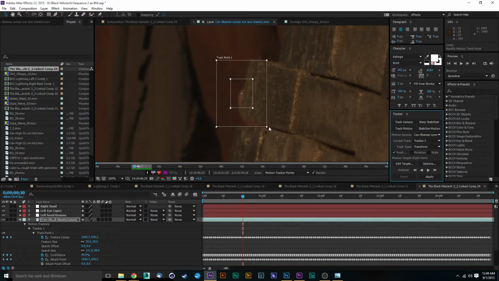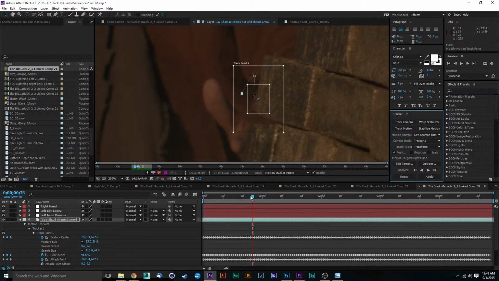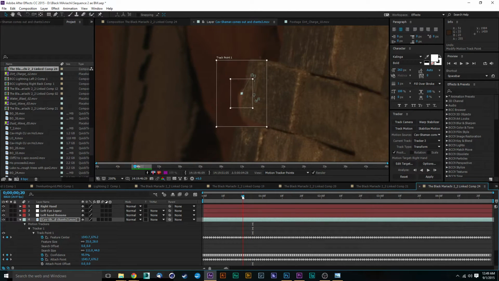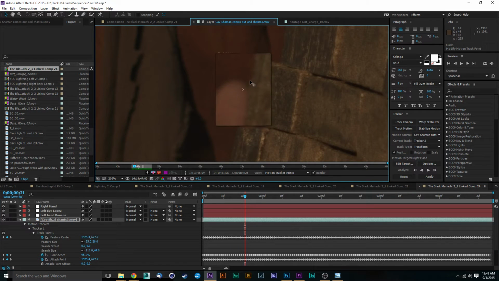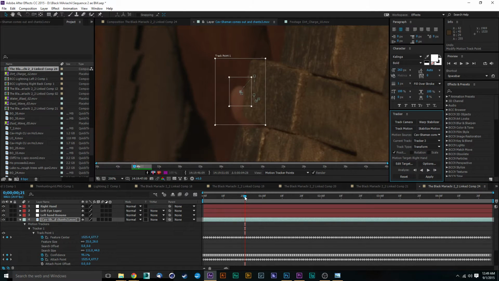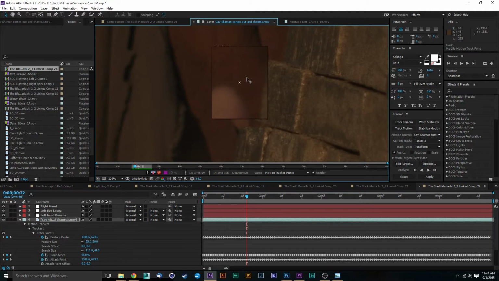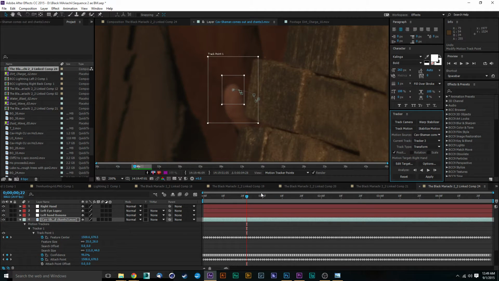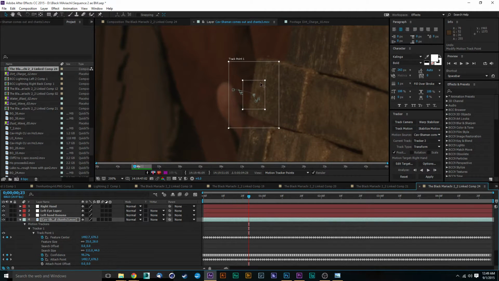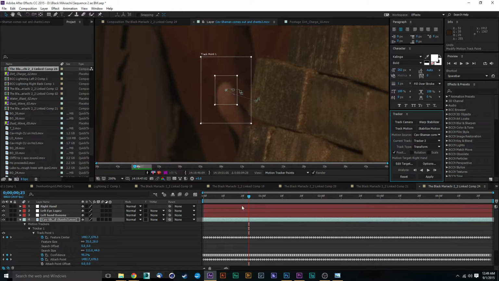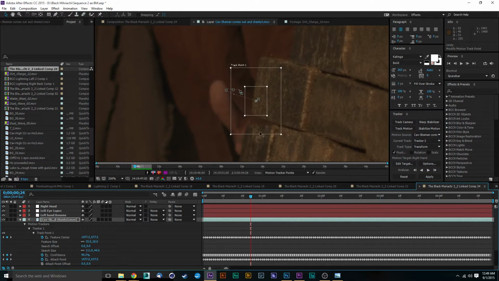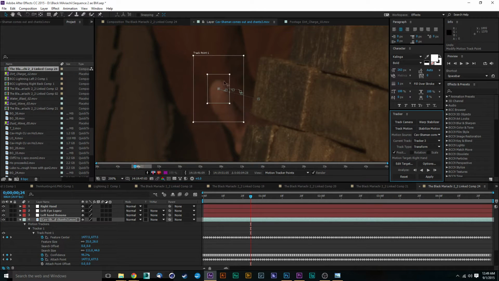It's going to look at this thing and say, yeah, that's what I thought. So I'm going to have to manually track it from here. Right there. Manually track it again. Manually track it again. Then make my points